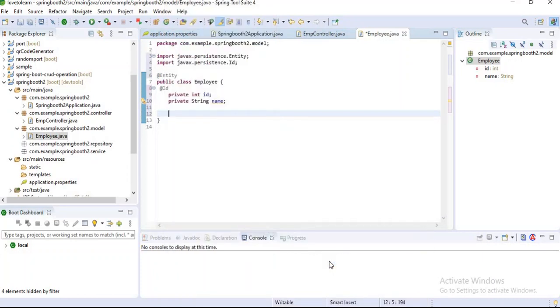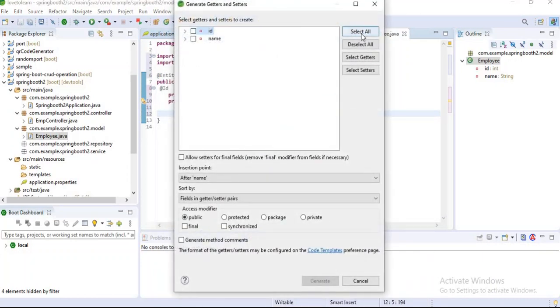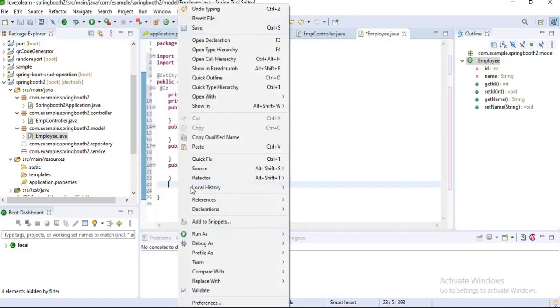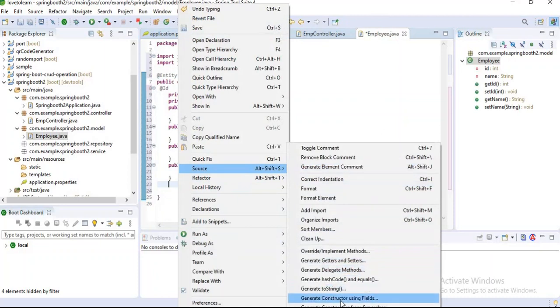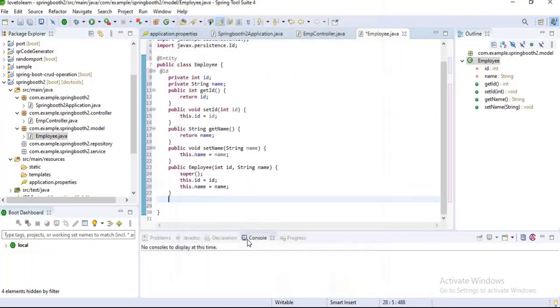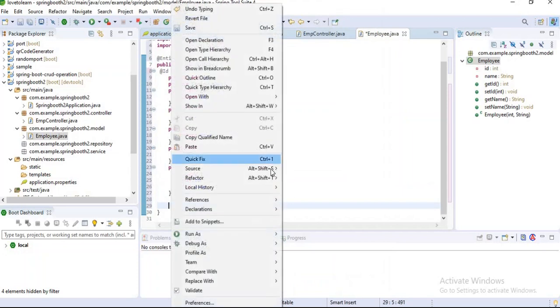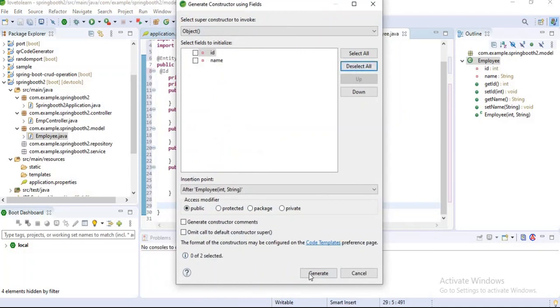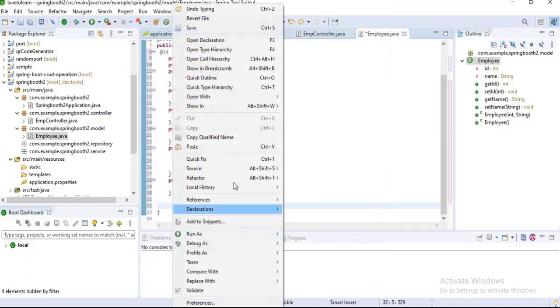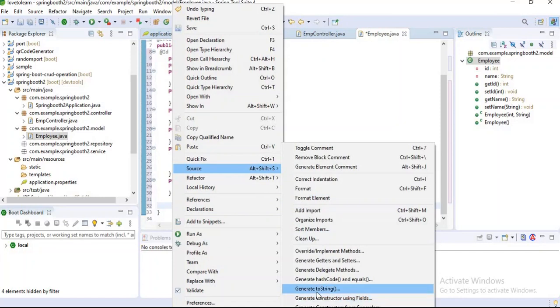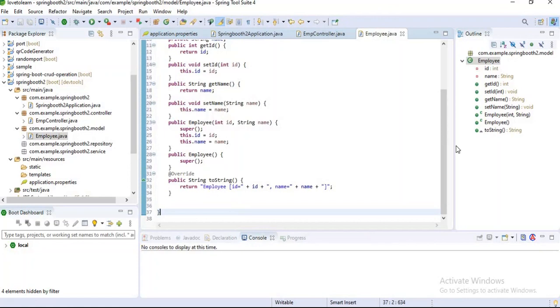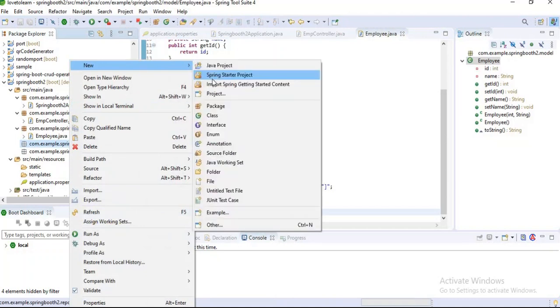And I want to generate setters, getters and constructors too. Now I'm generating setters, getters for each. Now I will generate constructors using fields, and a default constructor, and a toString method. Okay, now it is sufficient, guys. Now I want to create a repo class, which is the interface